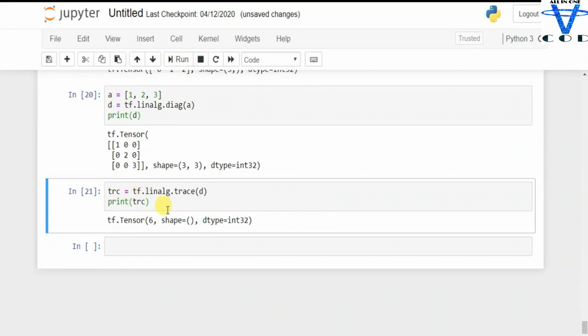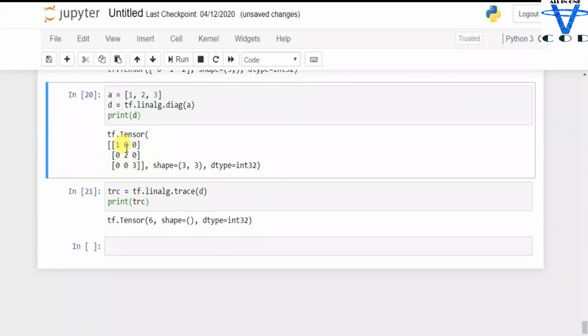Now you are thinking this is the sum function. No, this is only the sum of the diagonal. You can see this is the diagonal, all other elements are 0. When I print D, you can see we got 1 2 3, all other elements are 0. This doesn't create a full sum, it creates only the sum of the diagonal elements. Now you got the point.